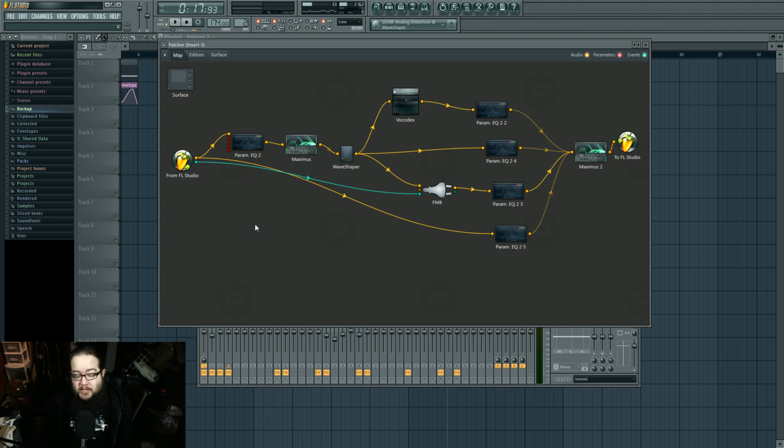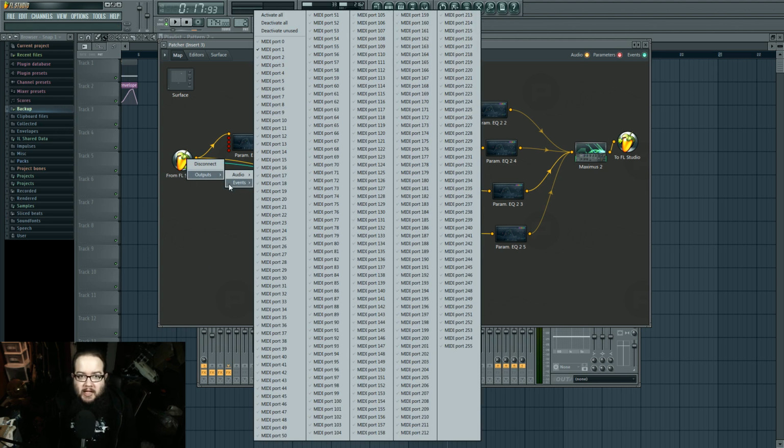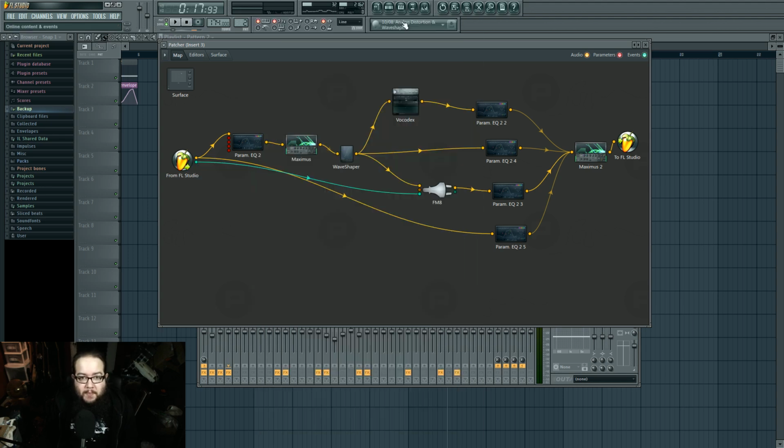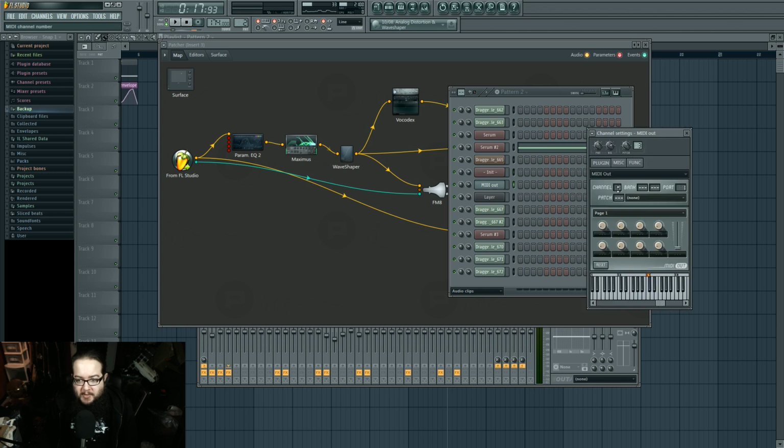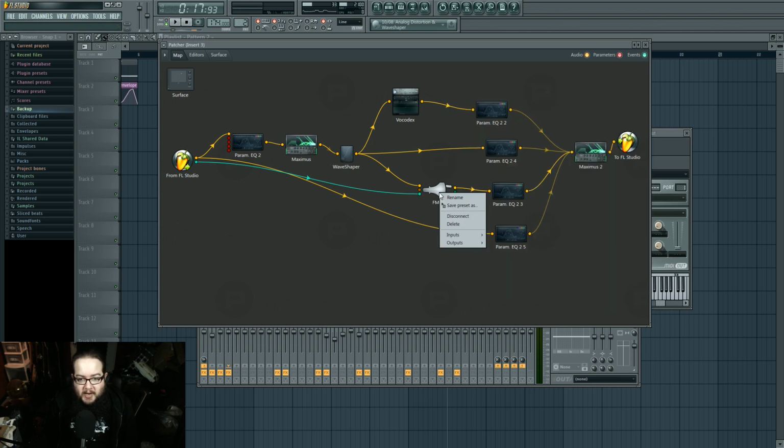not the generated version of Patcher, you have to actually right-click on this, go to Outputs and Events, and then pick a MIDI port that you're going to input audio or MIDI with. Then you get a MIDI out, tell it to be the port that you want, and when you hit notes on it, it'll trigger the note here, and then it can be put into the MIDI input of